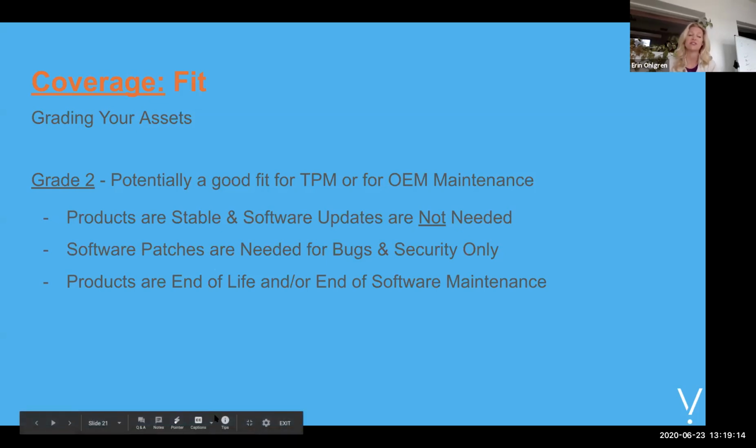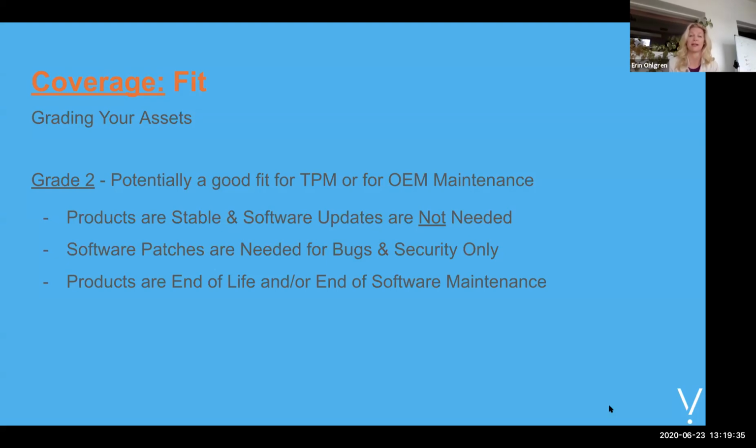And as mentioned there, these also might be products where they're stable in place, and actually doing a software update could cause an outage or some downtime that you can't risk. You've standardized on a certain iOS or code revision, and the last thing that you would want to do is actually update the software. Again, that's where you can move those over to third-party maintenance and lower your operating expense on that estate.